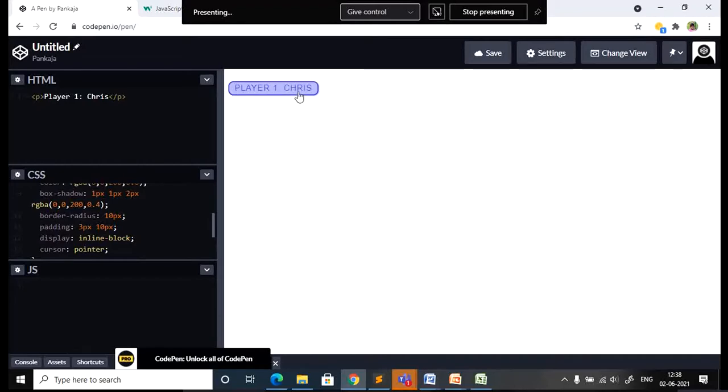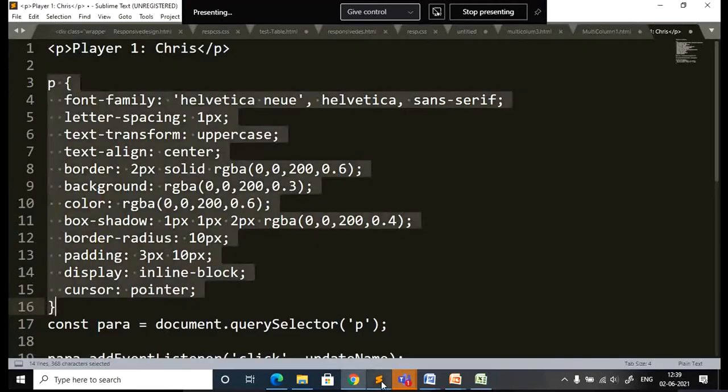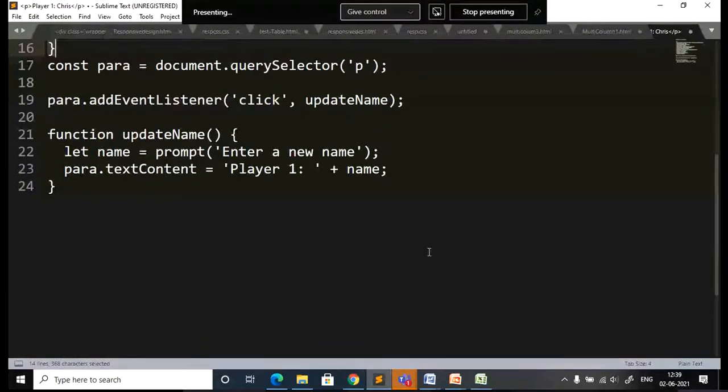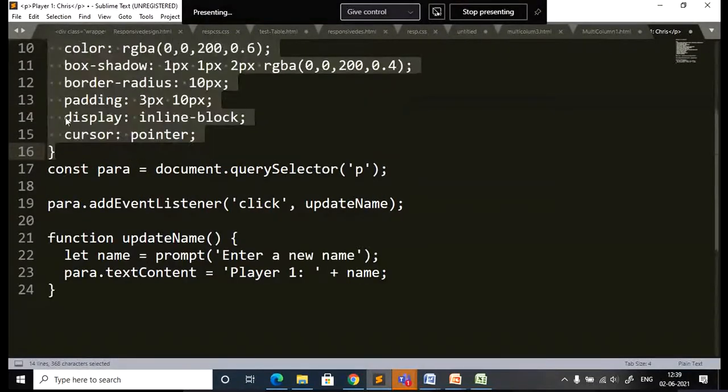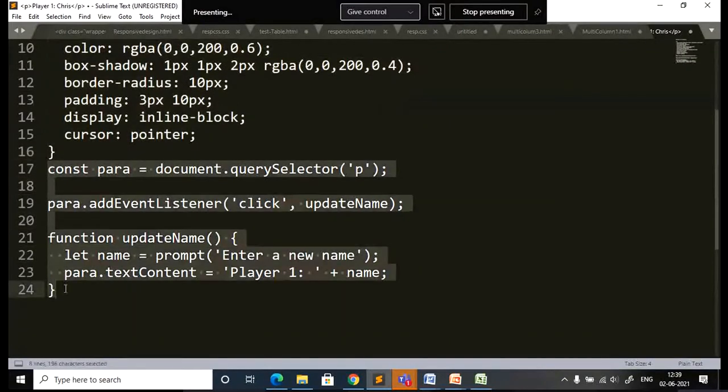So what is happening here? I'm able to see there is a text information, player 1, Cherish. If I want to add some more interaction to this information, then I can go with JavaScript. In JavaScript, you can create variables, you can create functions, so reusability can be done using JavaScript. Let me put in this small piece of code, where there is a small function performing a particular task.